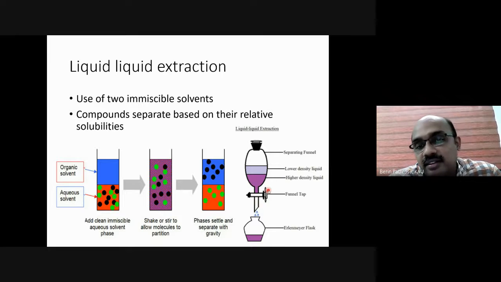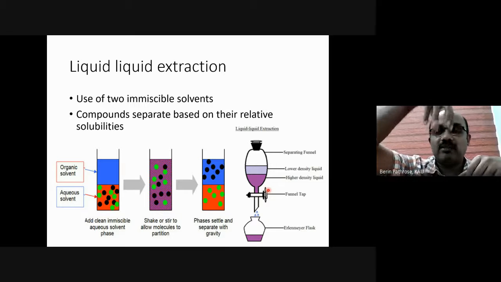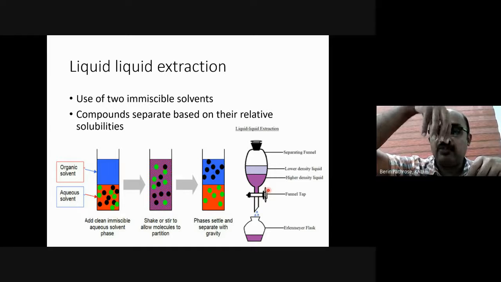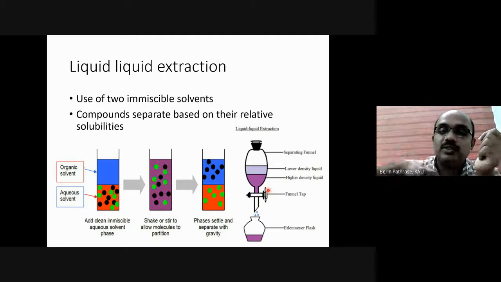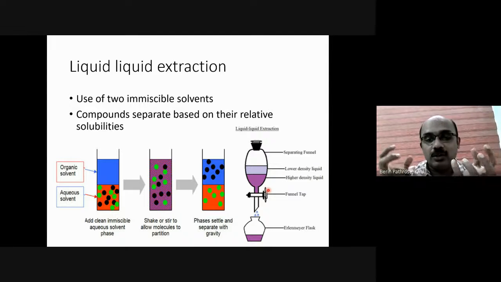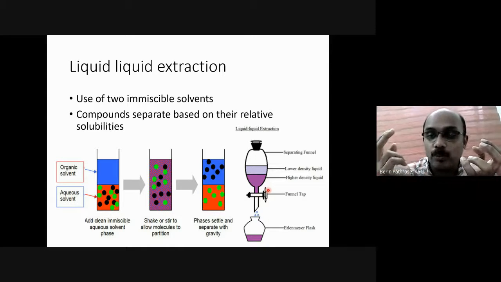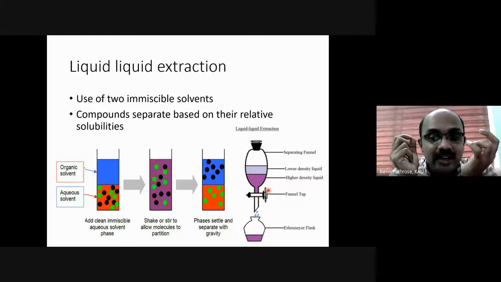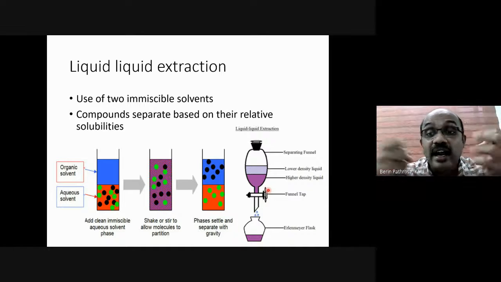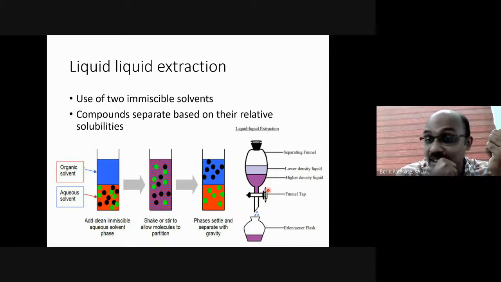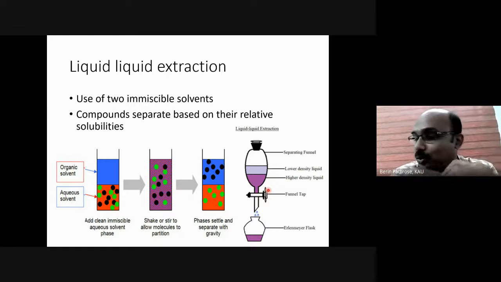Then slightly tilt the separatory funnel. Once you fill the separatory funnel, we have a holder for it, a stand for keeping the separatory funnel. We will add water, add the solvent dichloromethane, close it with the stopper, and take the separatory funnel into your hand. With this right hand, we usually keep the stopper airtight, because once you add the solvent, vapors will immediately fill the separatory funnel, and because of the vapor pressure from the solvent, it may bump the stopper. So many times it happens.